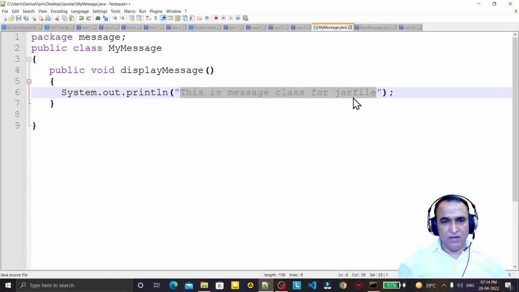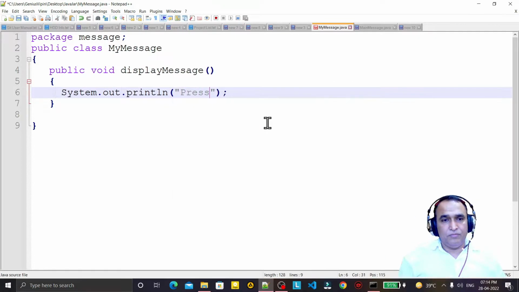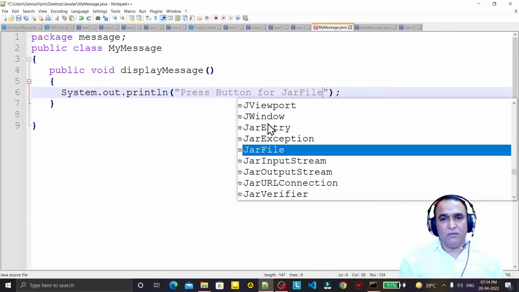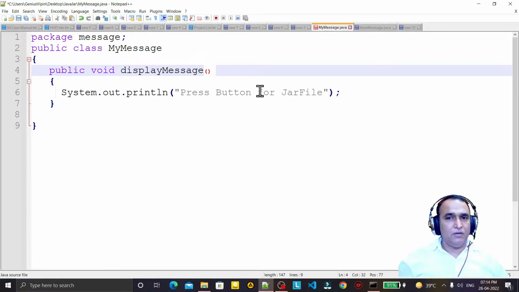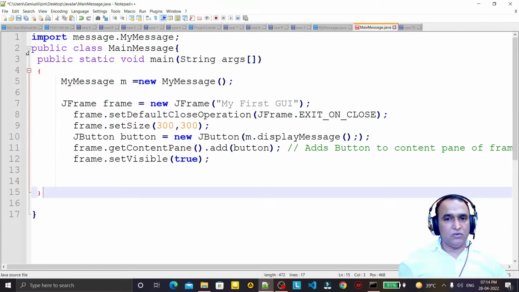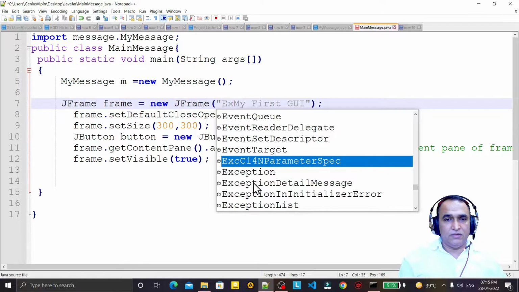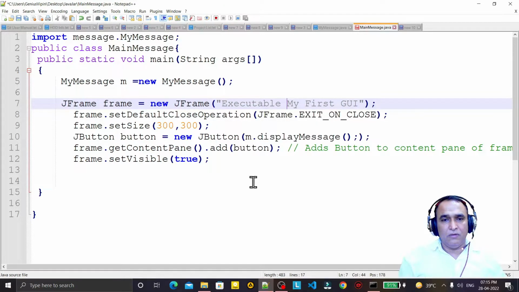I change this message and I say "press button for jar file". Remember? So I do this, save it, and I change this also. I save it, code is changed. Now here I say "executable jar file". Okay,